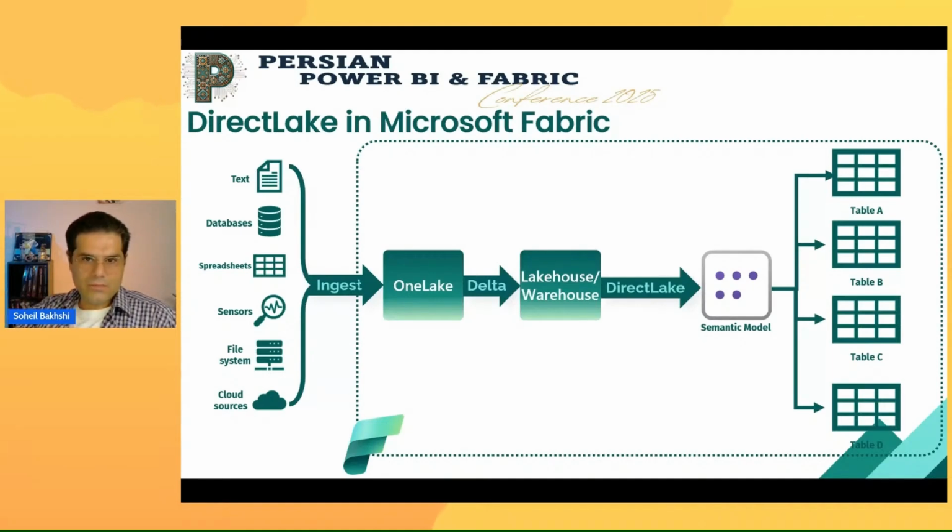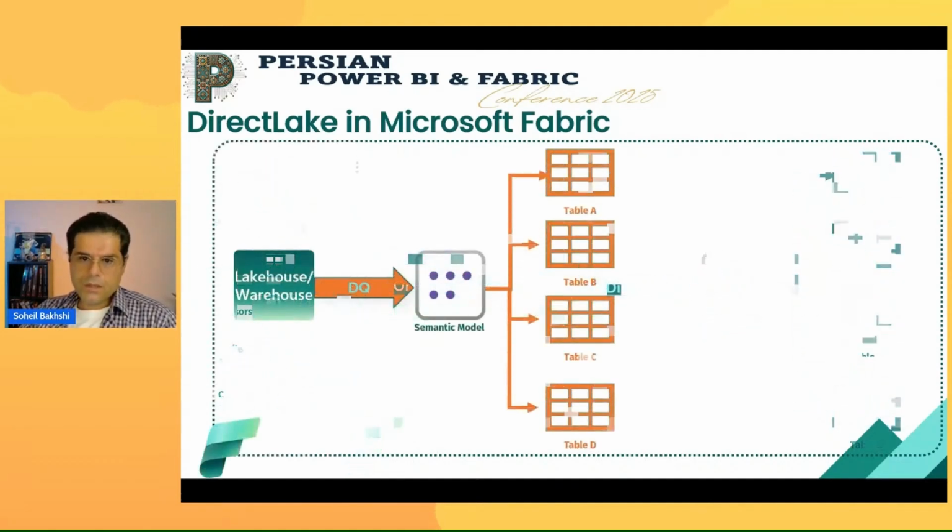Which is Power BI, right? And all of these tables are connected to the source system in DirectLake mode. And when I say the source system, I am talking about the source for the semantic model. Just look at this diagram a little bit closer. You understand that the source of my semantic model is either a lakehouse or a warehouse that sits within my fabric capacity, right? Okay, let's take one step further.